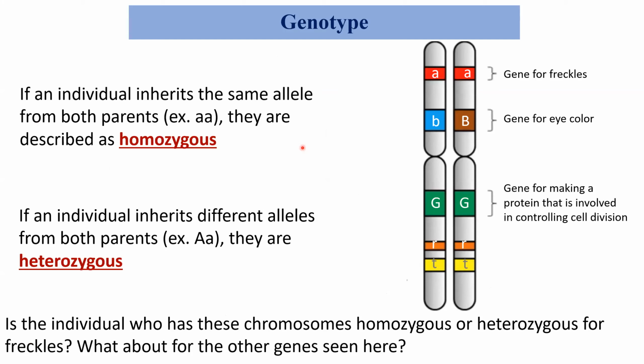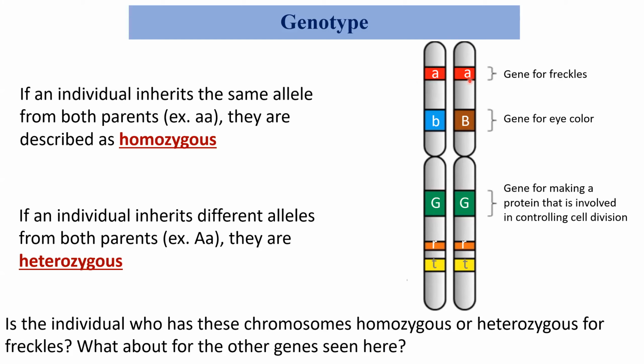So as we've mentioned, for each inherited characteristic, an organism is going to inherit 2 alleles, one from each parent. So we already talked about how you can inherit the allele for blue eyes and the allele for brown eyes. And those alleles may be the same or they may be different. So an organism that has 2 identical alleles is going to be homozygous for that gene. So here you have 2 identical alleles for the gene for freckles. They're both lowercase a. So that is an example of a homozygous